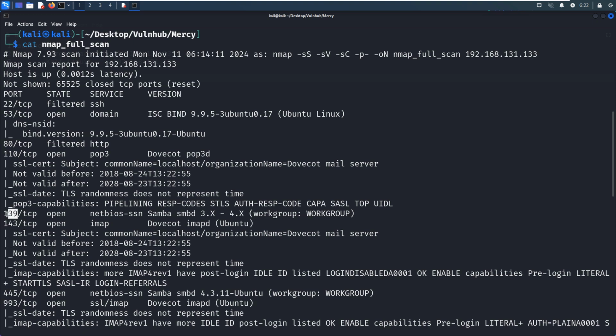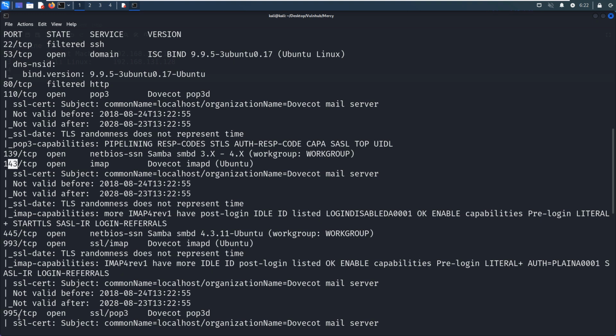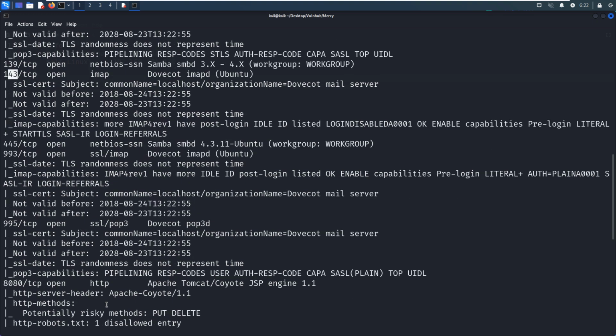And this one, 139, and also 445 are used for the Samba service. And 143 is used for IMAP, another email-related protocol or service. 993 is the encrypted IMAP. Similarly, 995 is encrypted POP3. And the last one is 8080, which is running Apache Tomcat.